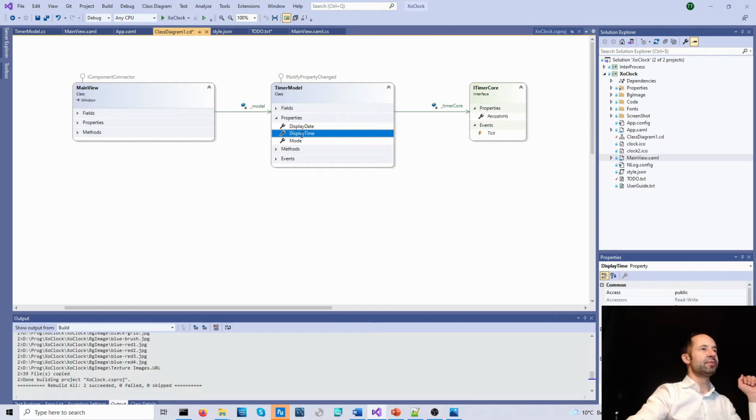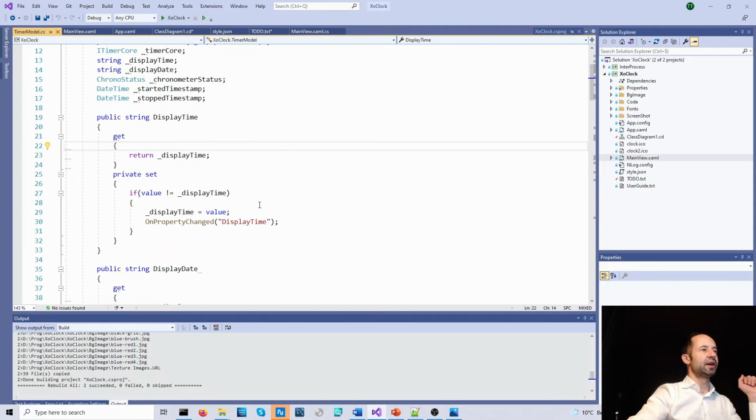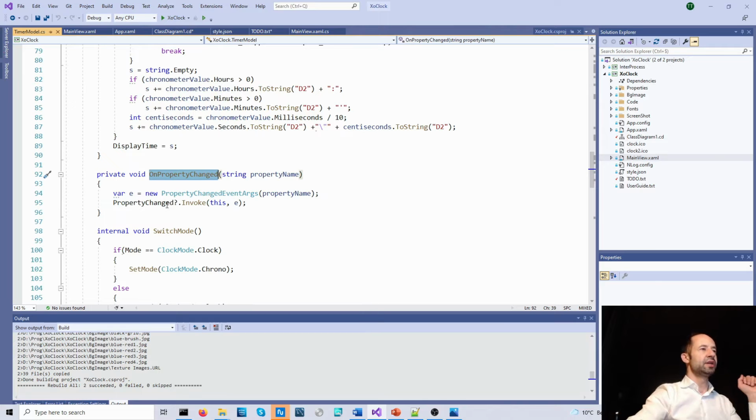And for each of them, when the value is changing, I'm triggering the onPropertyChange method, which will invoke the event propertyChanged by giving some event args, which are in fact the name of the property which has changed. And this is the way to invoke this event.